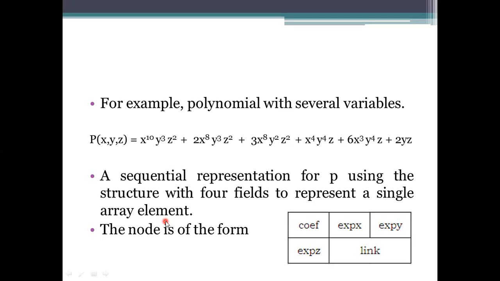But when we are using polynomials with several variables, it's not that easy to represent them by an array formation. So here we need to create a node.